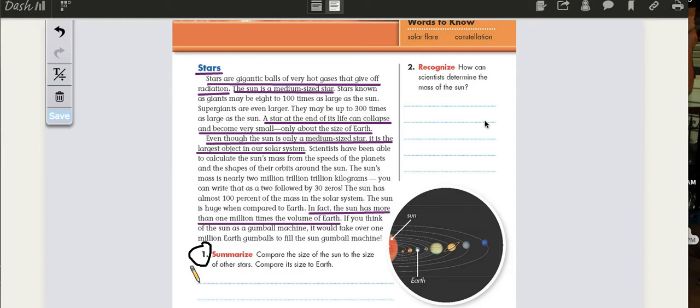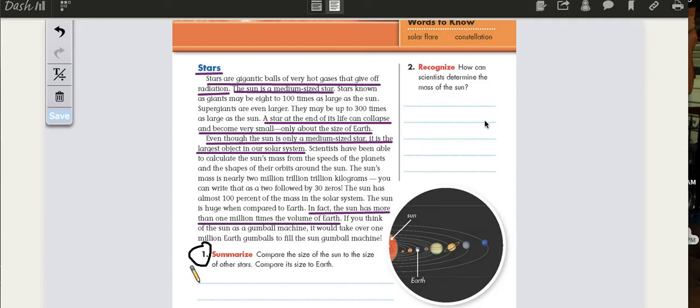Actually, on a dark, clear night, even without the use of a telescope, you might see over 1,000 stars in the sky. And this brings me to a big question. So tell me, how many stars do you think there are in the universe? Think, please. I know you can do it. Try to guess. Well, the answer will be given at the end of this lesson, so stay tuned.